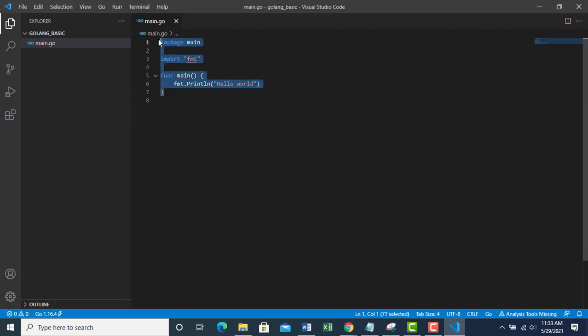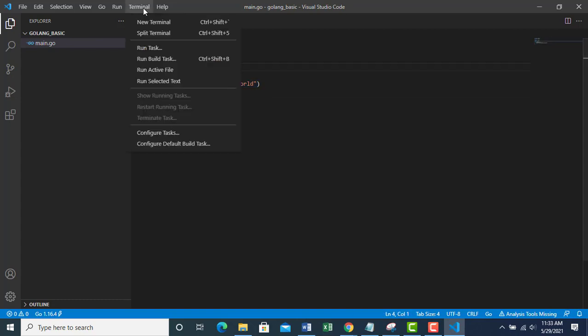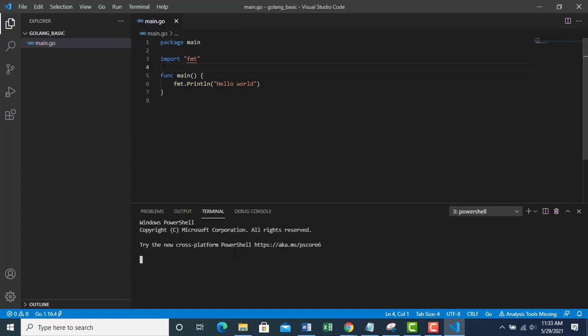To run our code, I go to Terminal and New Terminal. Then I write go run main.go. Then my code runs.